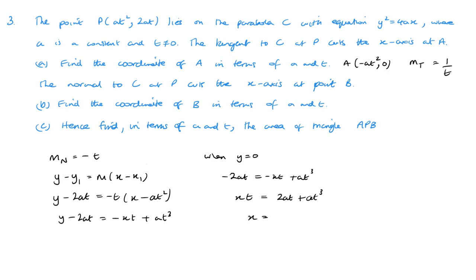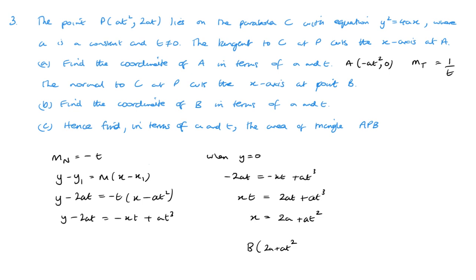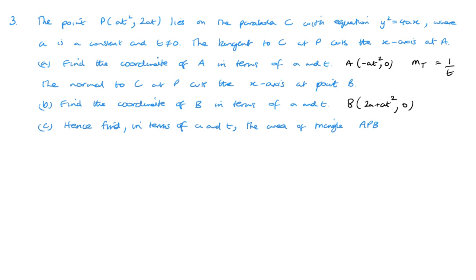X equals, dividing by t, 2a plus at squared. So that is my x value. So the coordinates of B are 2a plus at squared and 0. Hence, find in terms of a and t the area of the triangle